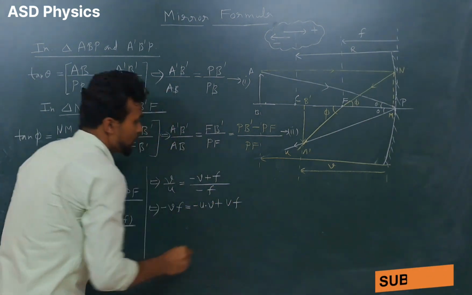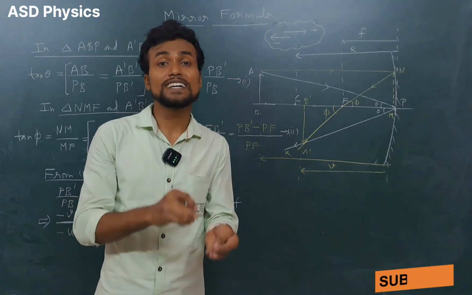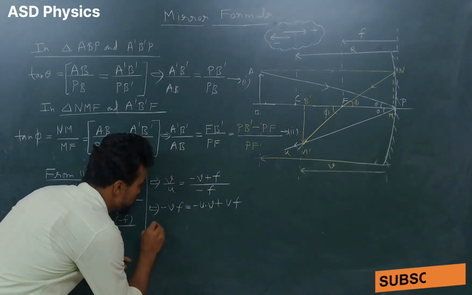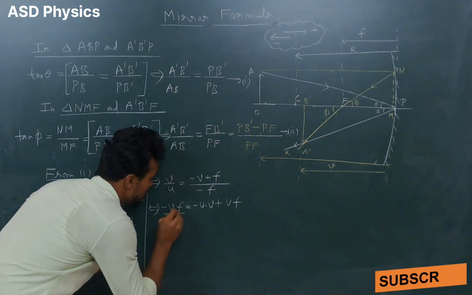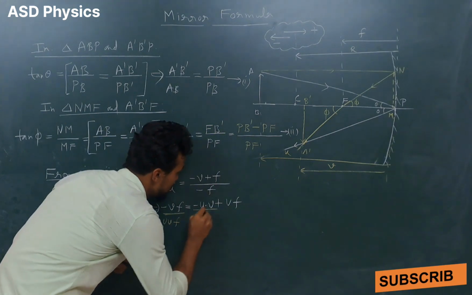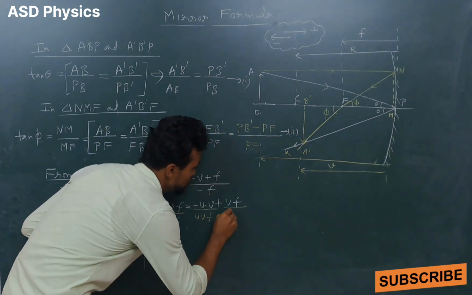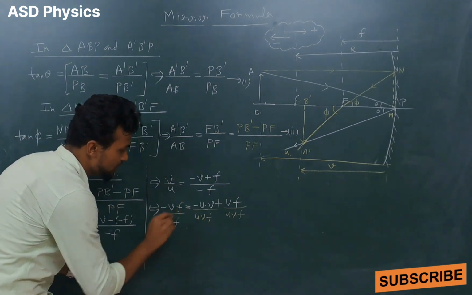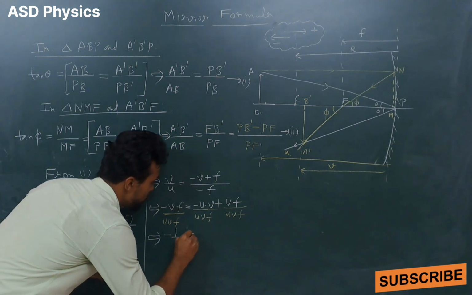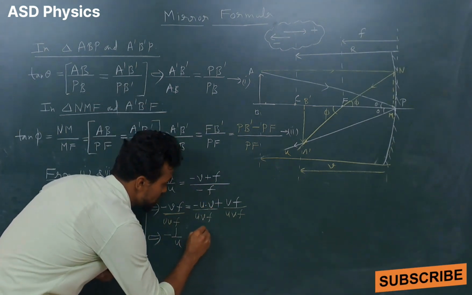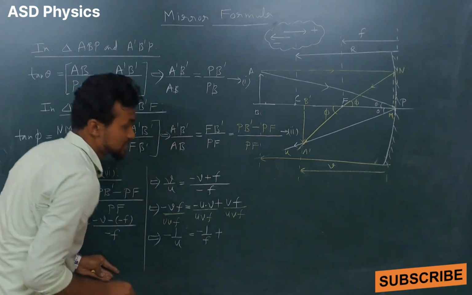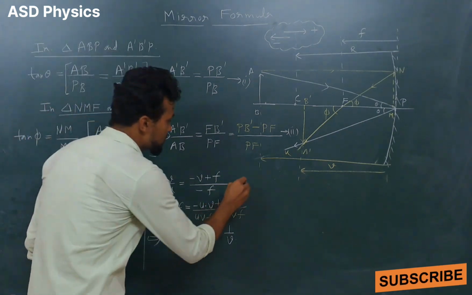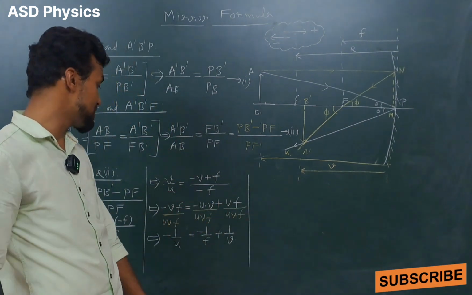Now what I will do in the next step, I will just divide both the sides by UVF. Very shortcut. So in the next step, I have divided with UVF here, here also UVF, here also UVF. So what will happen here? Just kindly check out please. VF cancel out. So what is coming here? Minus 1 by U is equal to, UV cancel, so what is coming? Minus 1 by F. And plus here UF cancel. So what will come here? 1 by V.